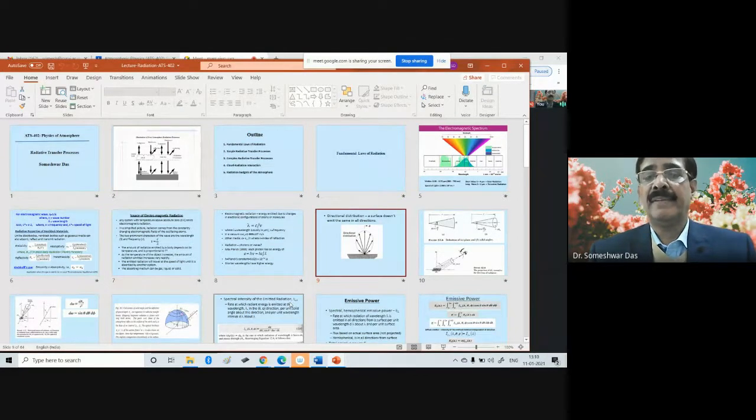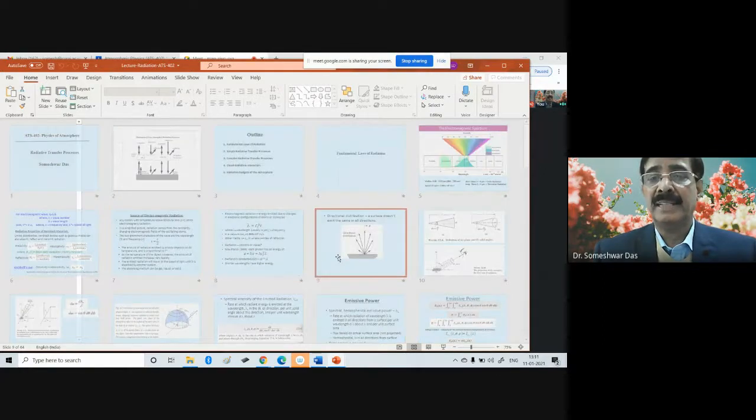So for that, we need to consider the different angles at which the radiation is incident upon a surface or upon a particle, whether it is a cloud or aerosol, and also the angle of the scattering, etc. So all those things are mostly geometrical: the area of the surface, the angle at which the radiation is incident, the azimuthal angle, etc. So initially we were just trying to review these things in the last class, right?